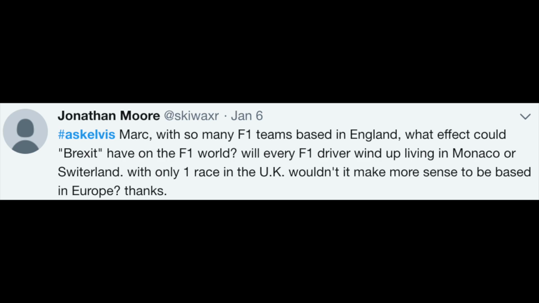Right, this is a question that's cropped up a lot, and this one is from Jonathan Moore. He says, with so many F1 teams based in England, what effect could Brexit have on the F1 world? Will every F1 driver wind up living in Monaco or Switzerland? With only one race in the UK, wouldn't it make more sense to be based in Europe? Well, this has cropped up loads over the last few months, understandably, and even more so in the last few weeks. And the reality is that we have by far most of the Formula One teams based here in the UK, and the problems that they potentially face will come